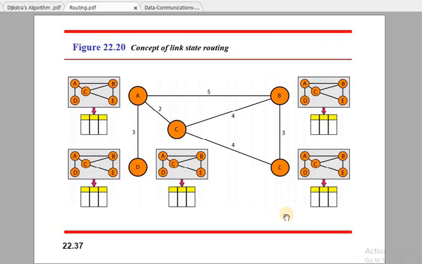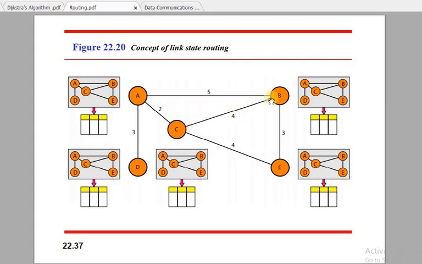So hello students, let us try to go through another concept. We are going to the routing protocols, and now we have to deal with the concept of link state routing. In this particular case, what we see is we have this network with us. We have A, B, C, D and E, and there are costs associated with the links that exist